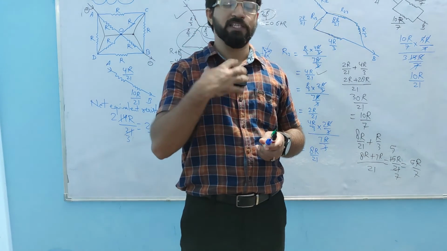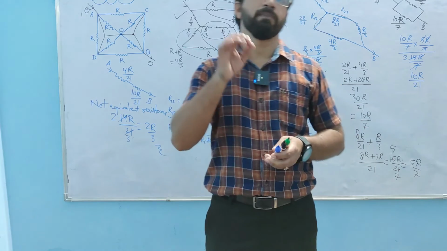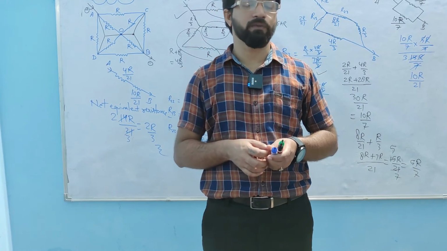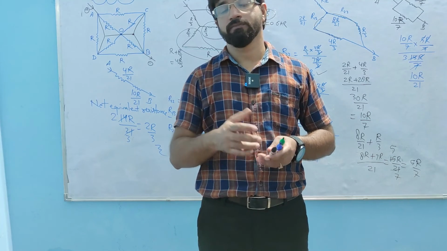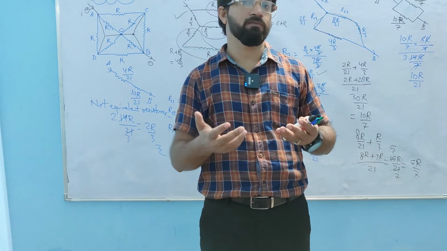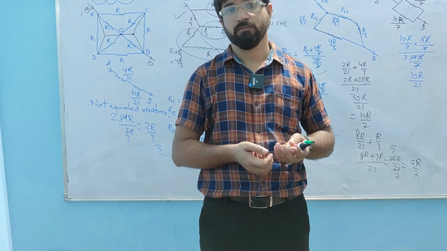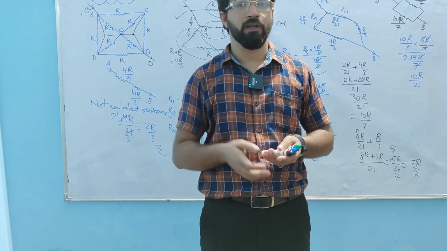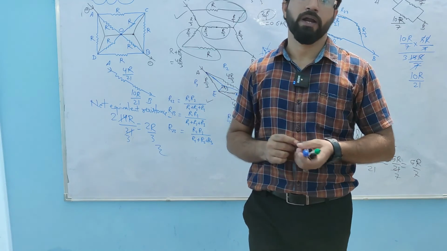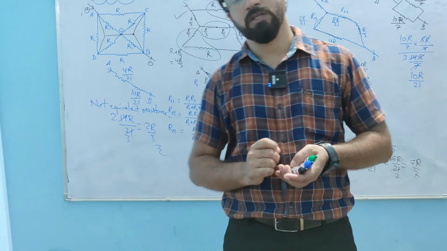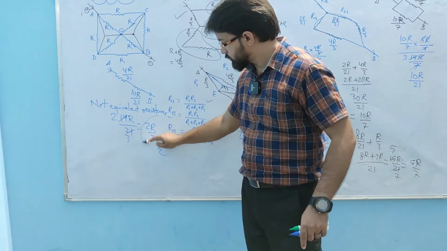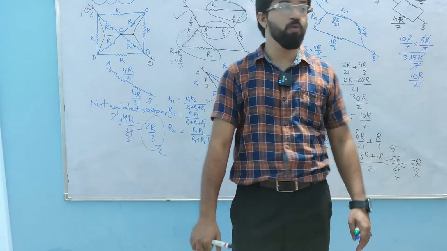Firstly, as per me, you should try CPM. Symmetry you can use, symmetry also can give you quick results. And if you don't have any option, then only you try to apply the DST, the delta star transformation method. So this is also giving the same answer by doing so much effort.